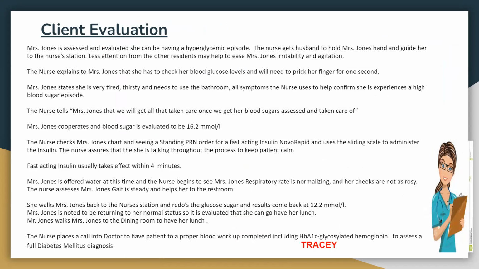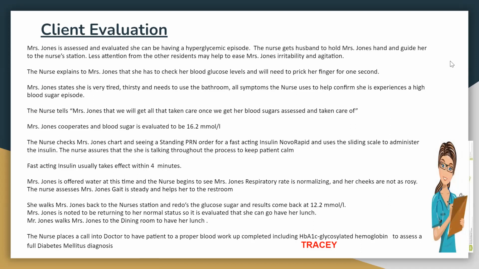The nurse gets the husband to hold Mrs. Jones' hand and guide her to the nursing station. Less attention from the other residents may help ease Mrs. Jones' irritability and agitation. The nurse explains to Mrs. Jones that she has to check her blood sugar levels and we will need to prick her finger for 1